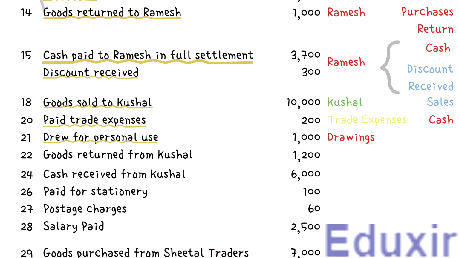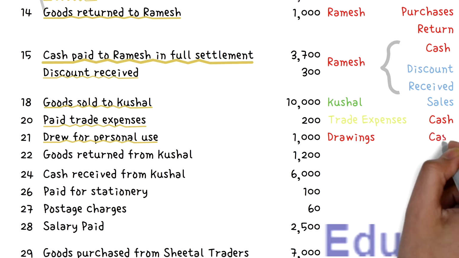I hope you remember that the drawings account is a contra account of the capital account and is used to record all the withdrawals at one place. Now coming back to our problem, as the owner is withdrawing the cash from the business, the cash asset available with the business will be decreasing in this transaction. The rule to record any decrease in the assets is to create the corresponding assets account. In this case, the cash account should be created.